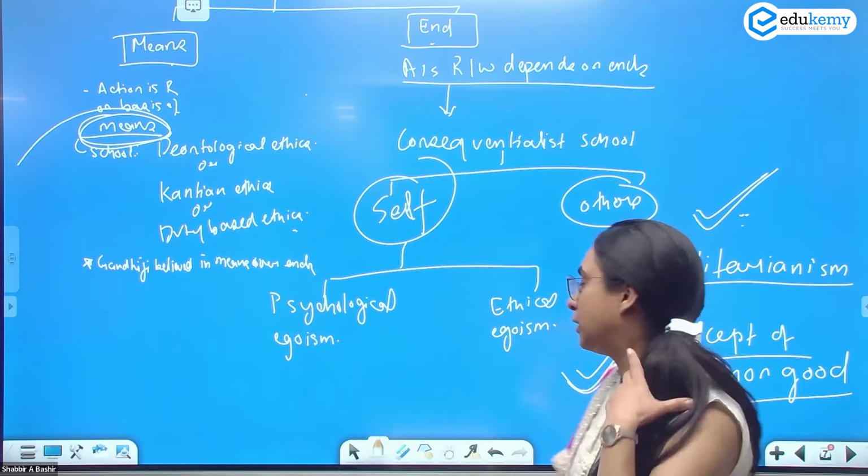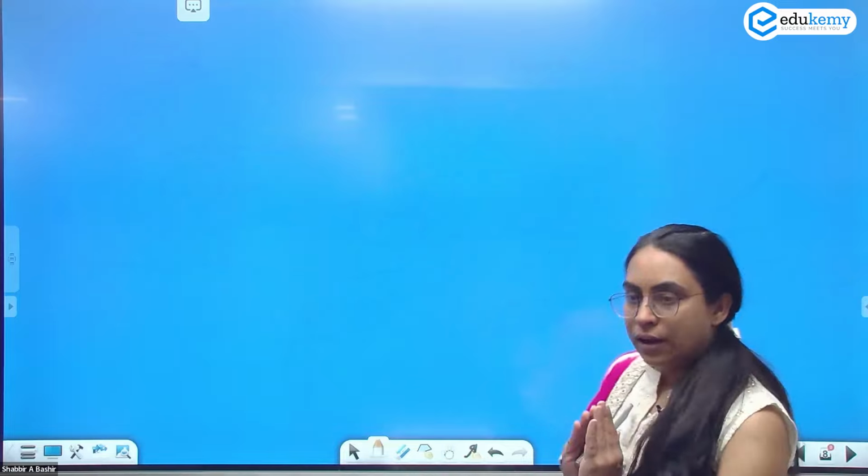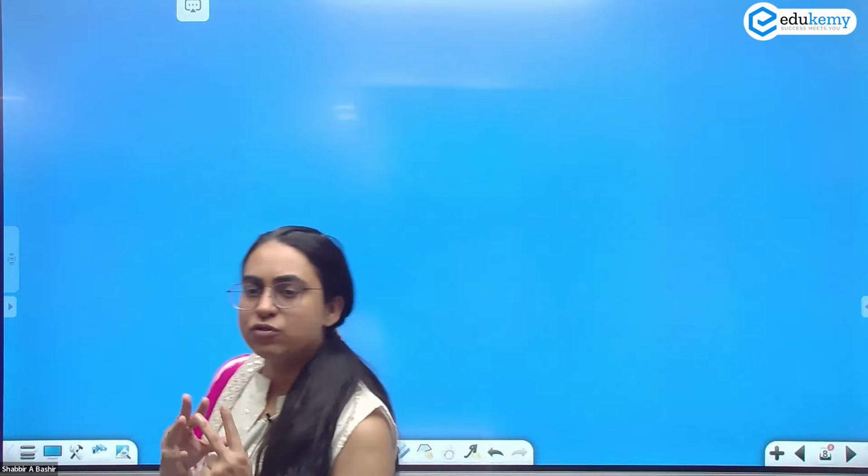ठीक है. Now, so what have I done so far? अभी तक I have just opened up the subject for you. What is the subject? The subject is ethics, aptitude, and integrity. Ethics, aptitude, and integrity. Aptitude is the skill, the talent that you have, that you can acquire, that you have. It is not same as intelligence.